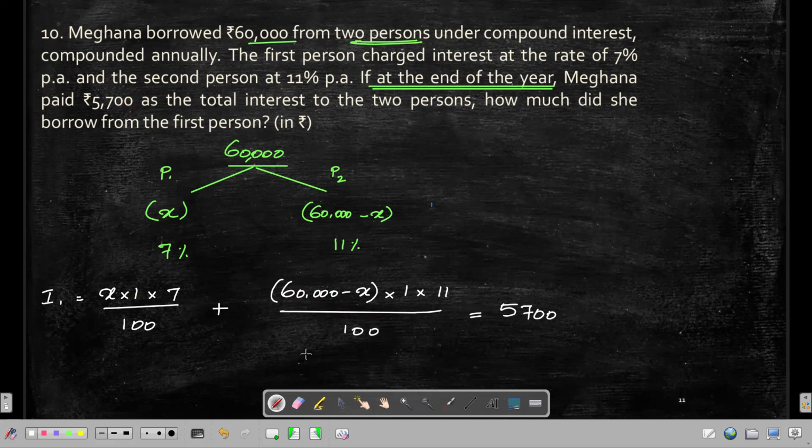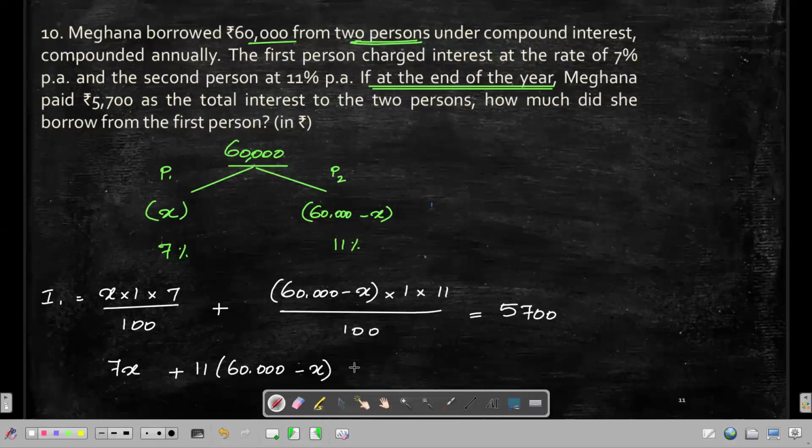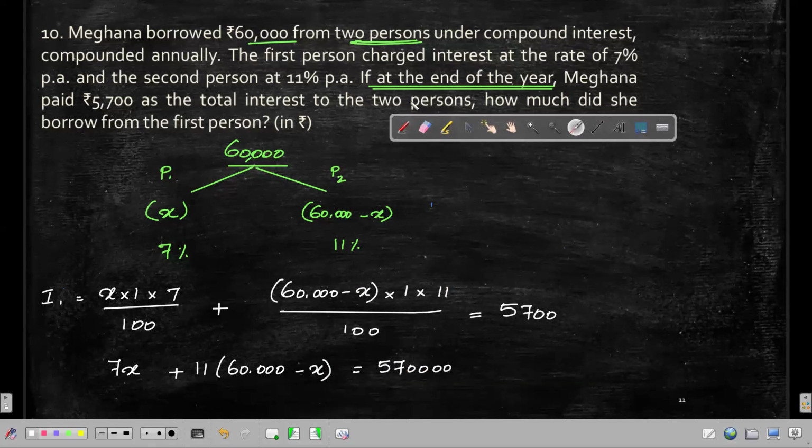If I simplify it, it will be 7X plus 11 times (60,000 minus X) equal to 5700. I'm taking this 100 to the right hand side. It works like this. Upon further simplification, solving, I can now get the value for X. I have already done the calculation for you. This X will come here as